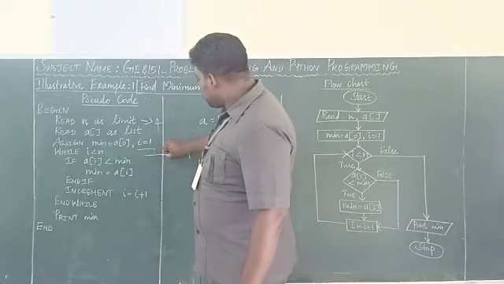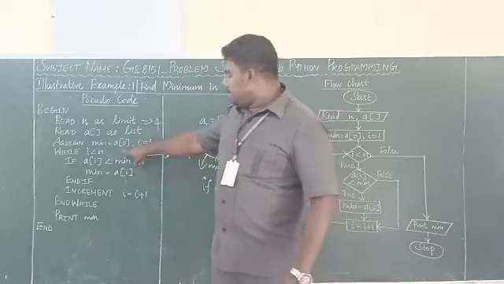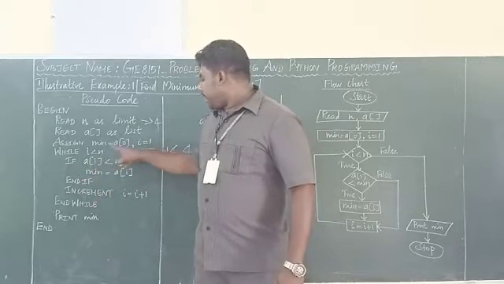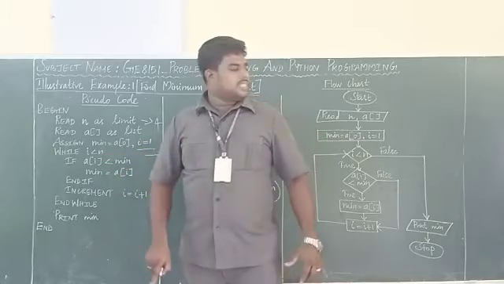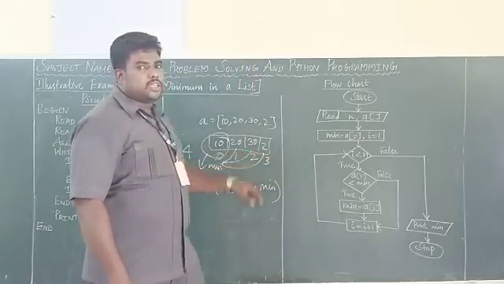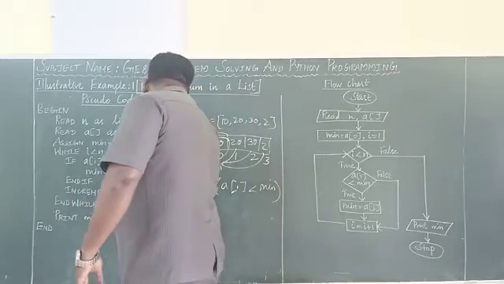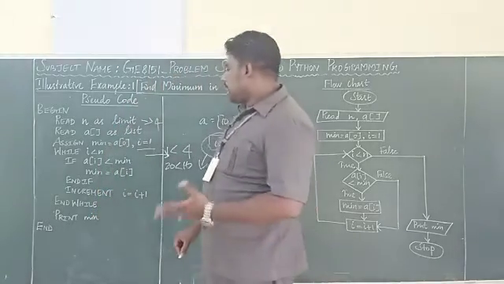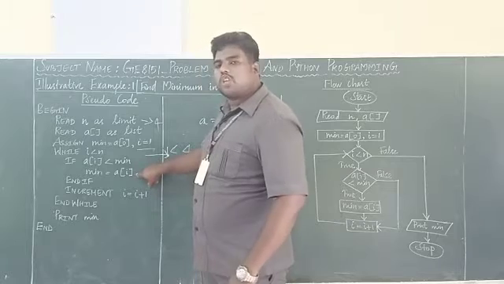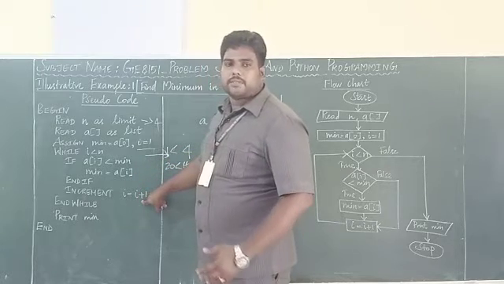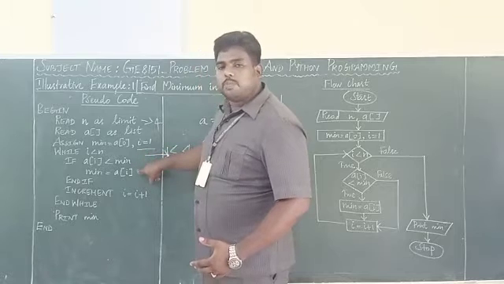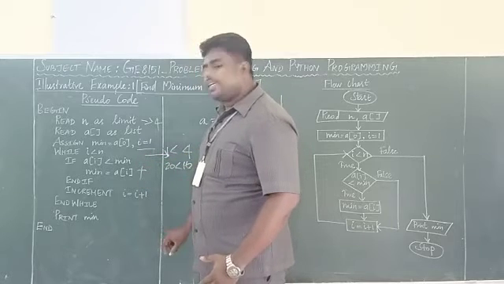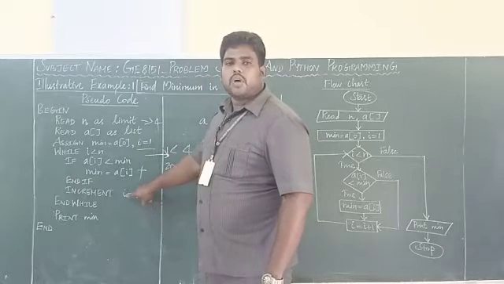If the condition is true, check IF. You are checking a condition. IF is a keyword. What is a of i? The i value is now 1. So what is a of 1 now? a of 1 is 20. Here you are checking 20 less than 10. Is the condition true or false? The condition is false. So this statement should not be executed. If the condition is true, only then will the if body be executed, right? The condition is false, so this line cannot be executed. Directly it will come to the increment. So i equal to i plus 1.